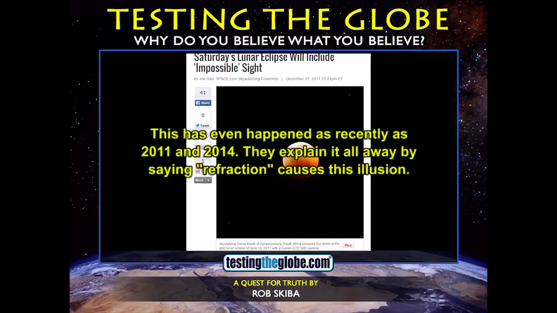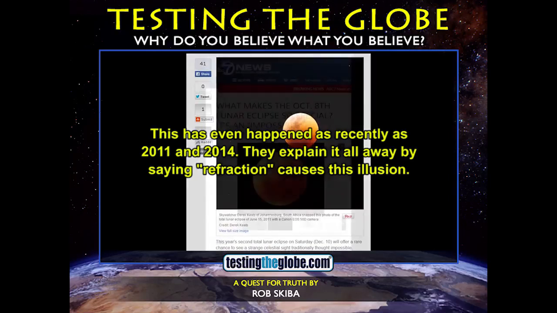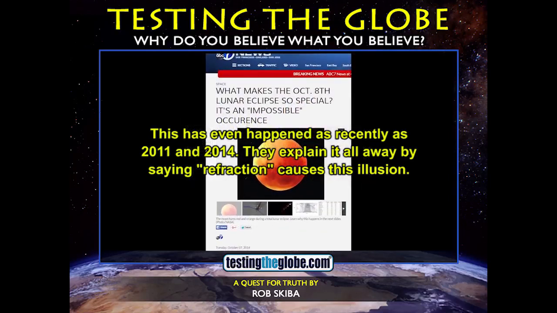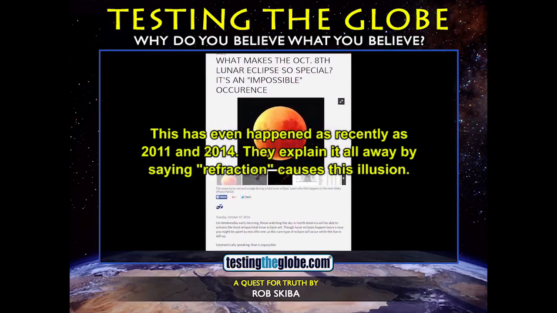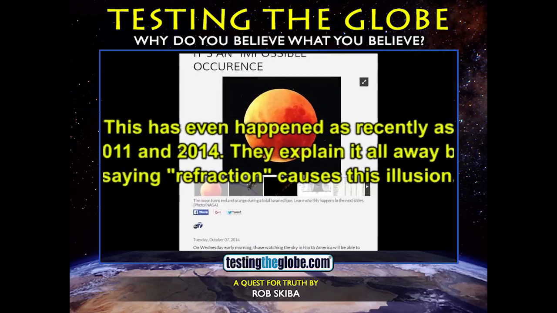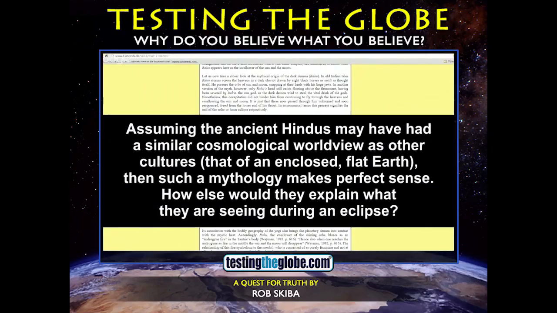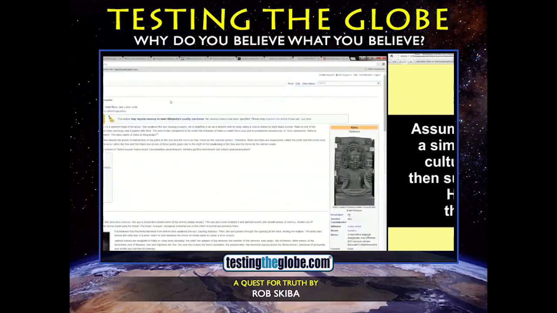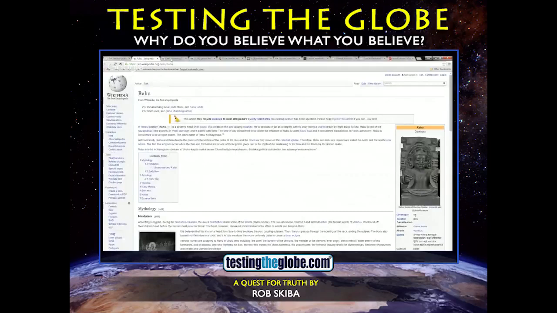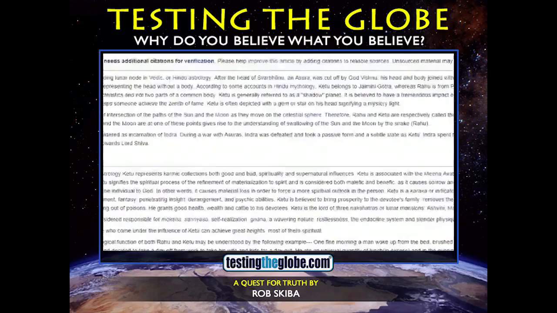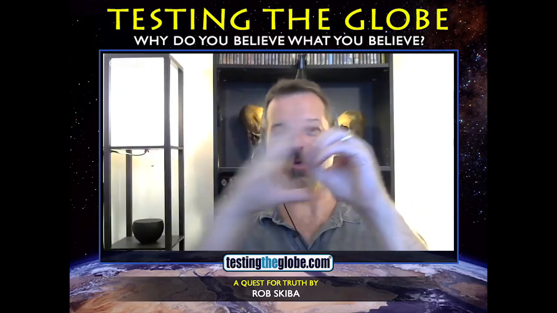When I looked at that, I saw that many ancient cultures believed that there were other dark orbs or dark objects or invisible objects that were also part of our system. The Hindu version of it was particularly interesting to me. Rahu and Ketu were the two entities that they named as responsible, decapitated heads that would try to swallow up the moon.